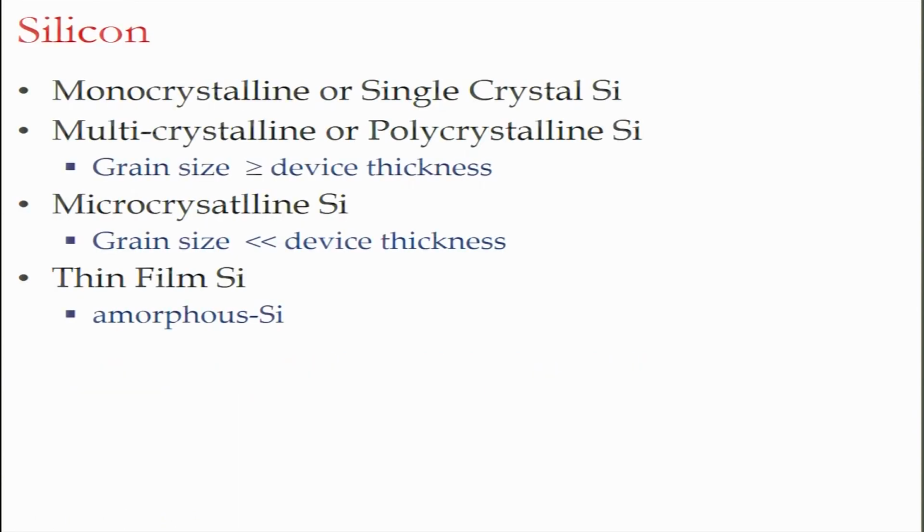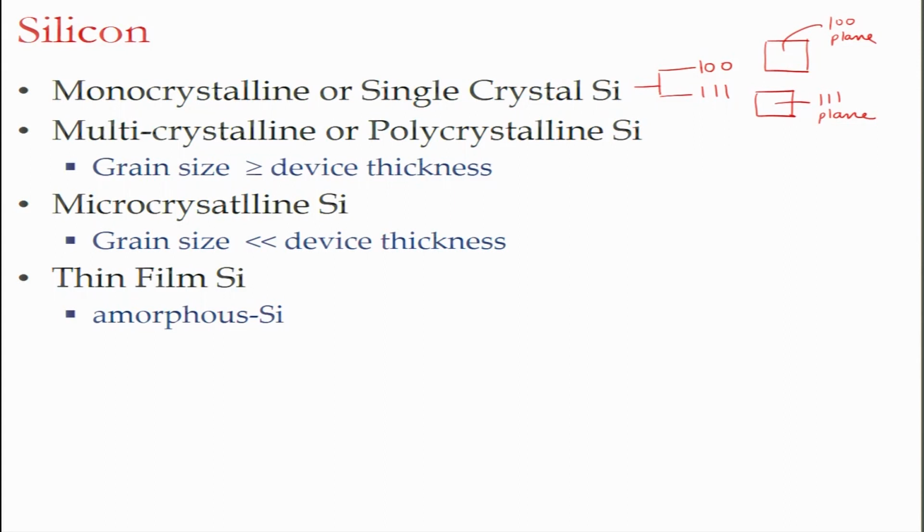So, silicon has two various technologies. We have monocrystalline or single crystal solar cells, which means silicon is single crystal. There are no grain boundaries in the silicon. It has certain orientation. The wafer could be either 100 silicon or 111 silicon. So, which means if you look at the wafer, the top surface is 100 plane. If you look at this, the top surface is 111 plane. This can be distinguished by conducting X-ray diffraction.